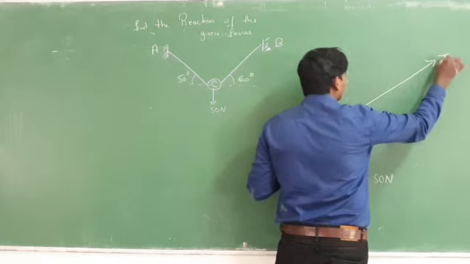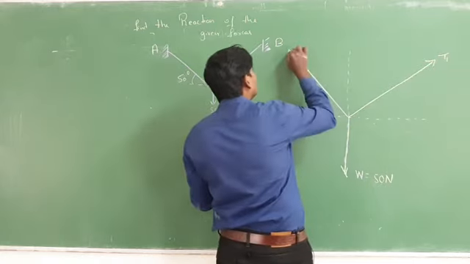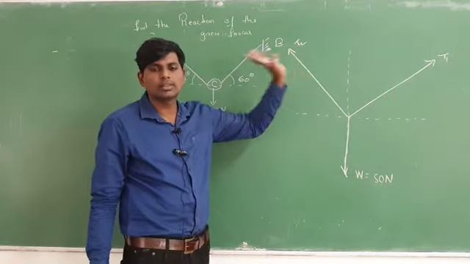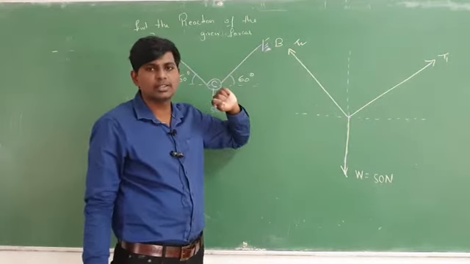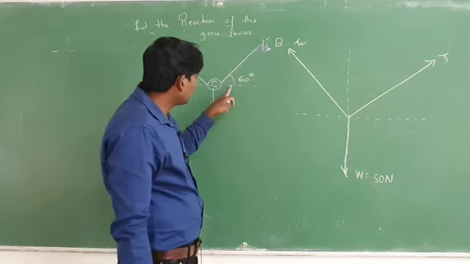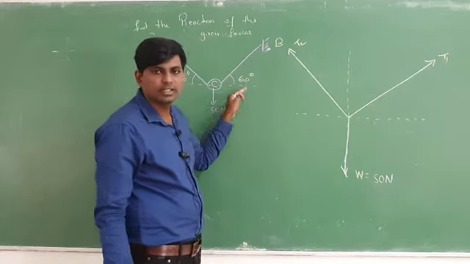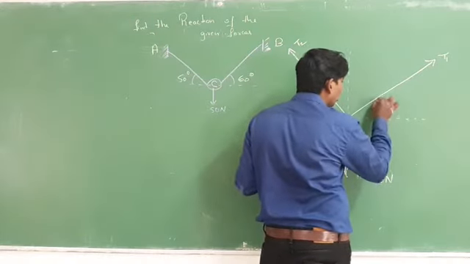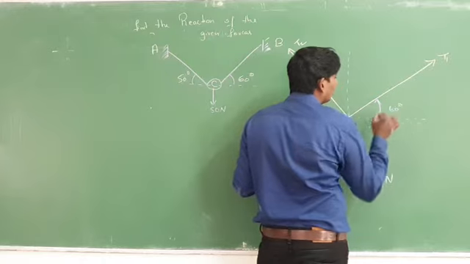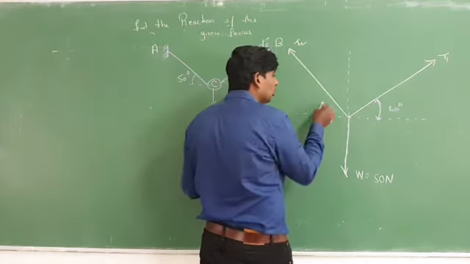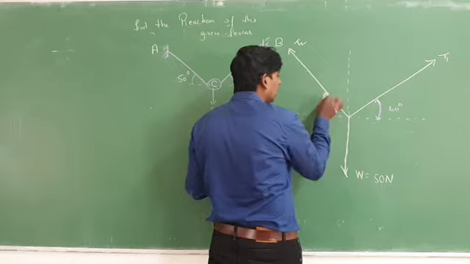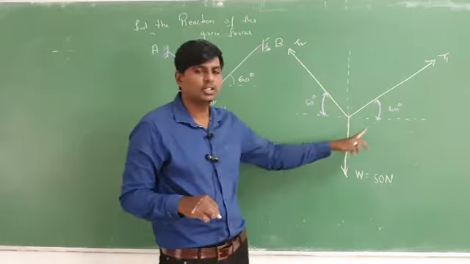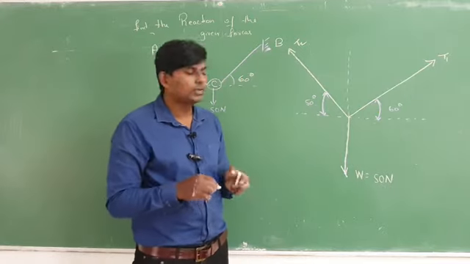So this one you can consider as the first, T1, and that one is going in the second coordinate, you can consider as T2. After that, as you can see, how much angle is there here? 60 degree with horizontal. And here how much angle is given? 50 degree with horizontal. Here 60 degree is given, and here 50 degree is given.